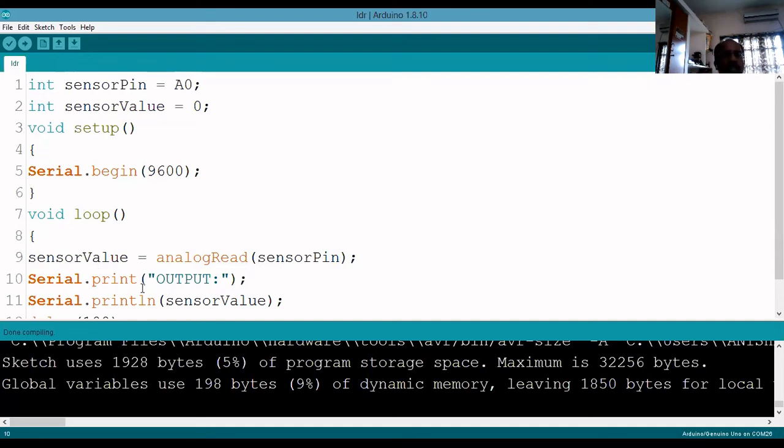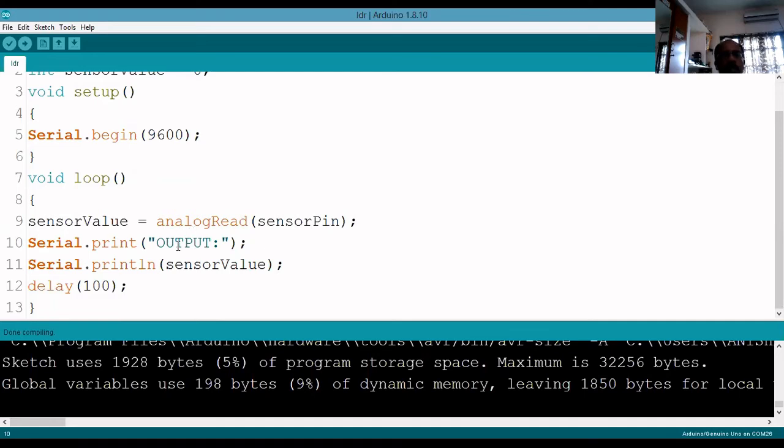Next one is Serial.print output. In the display we can see one output will come. Next one is Serial.println. Why are you using this LN? LN means next line. First it will display the first value. After that, the next value you have to print in the next line.